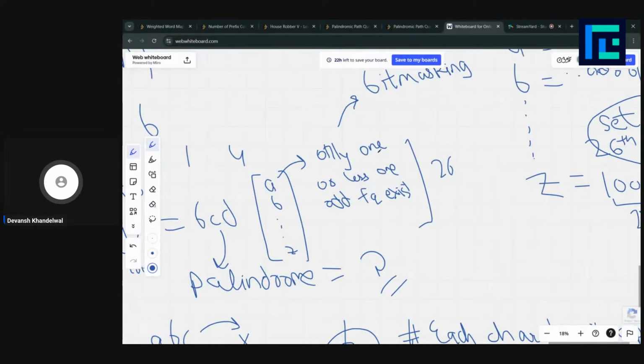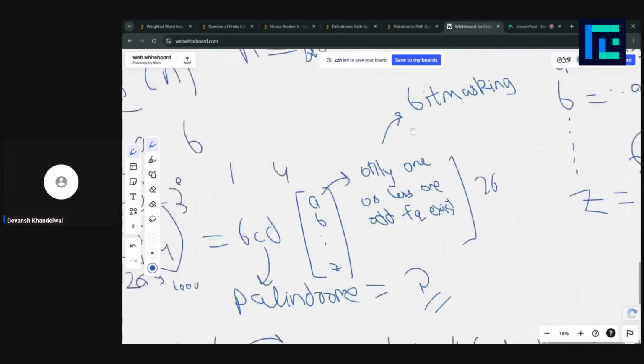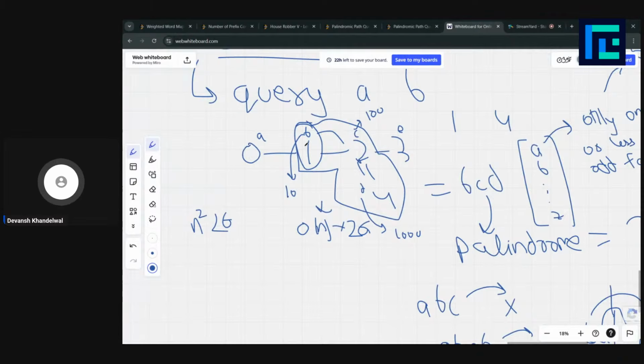First, why are we using bit mask? The problem is that we need to calculate the frequency for each character in the entire path. And how are we going to get the entire path? We would basically do some DFS or BFS call, which is very costly for each query.